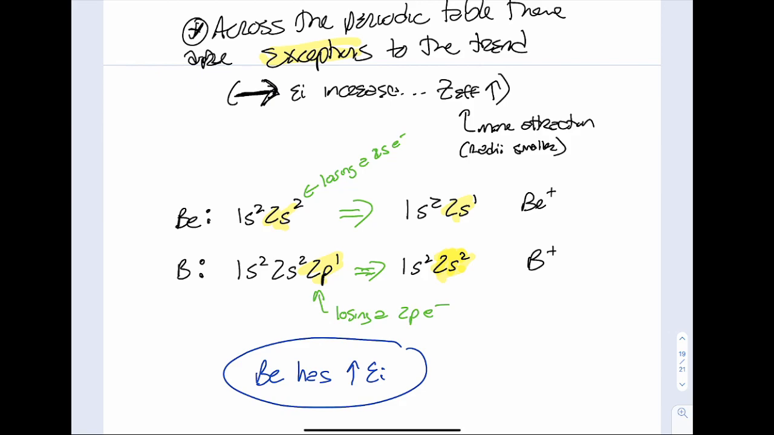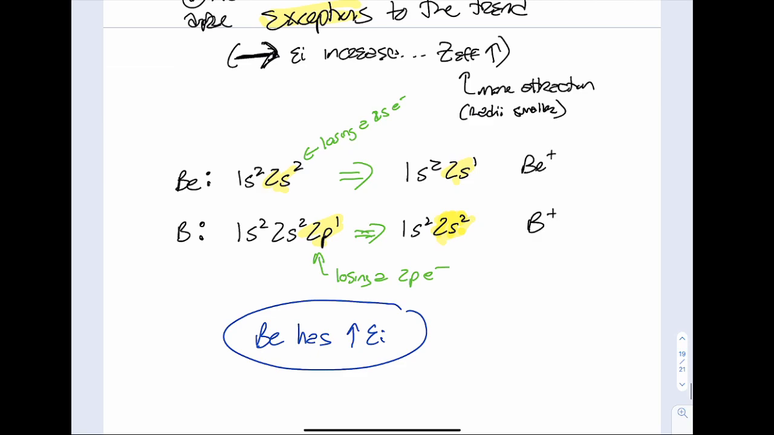And if you use the trend on the periodic table, you would be incorrect because boron is further across. But again, there's a lot of exceptions. If I was to compare nitrogen to oxygen, you would be wrong again using the trend. So just be really careful. So beryllium has the higher ionization energy, right? It's easier to remove the electron from boron